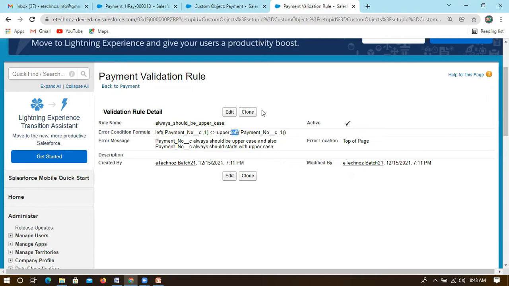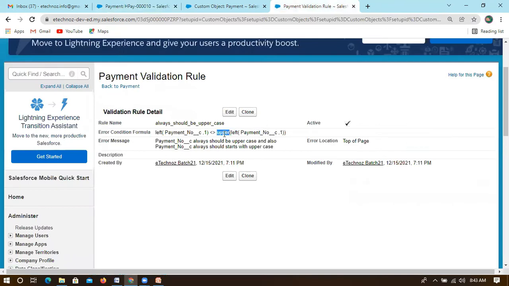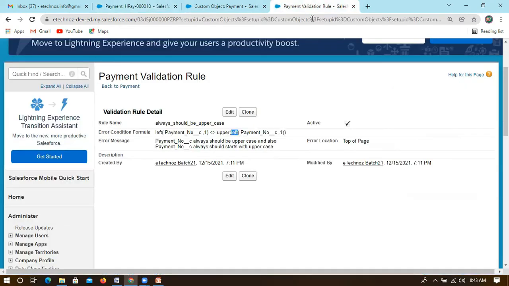If you want to check from the right side, for example that the last letter should be capital, or the last letter should be a small letter, lowercase, you have to write lower, the right, and then the field and its position. If you're writing position 1 from the right side, it will check the first position from the right side. Likewise, you can utilize this.